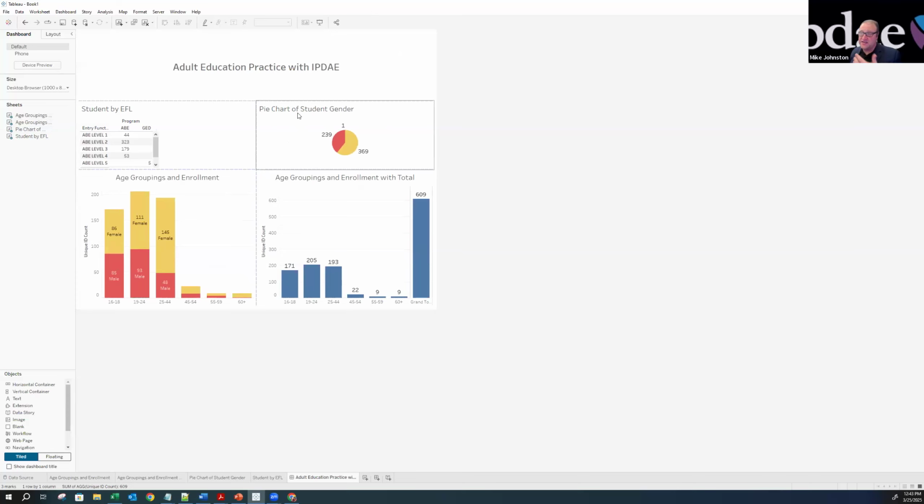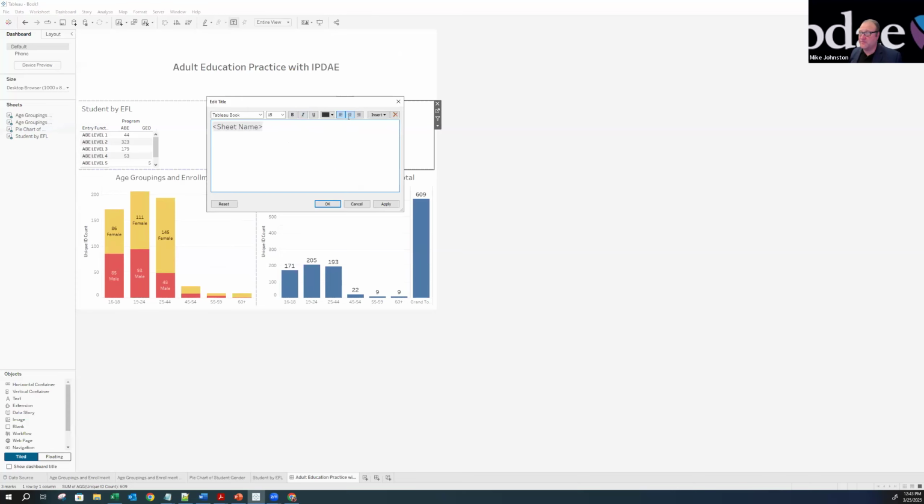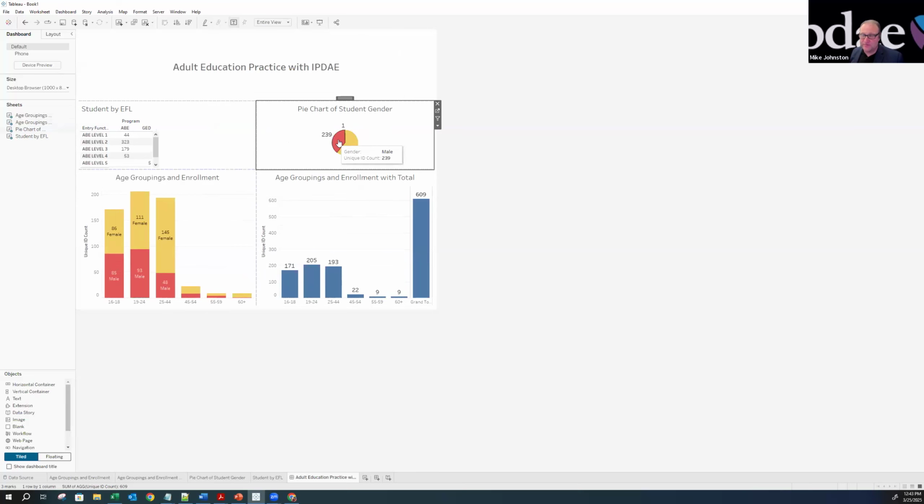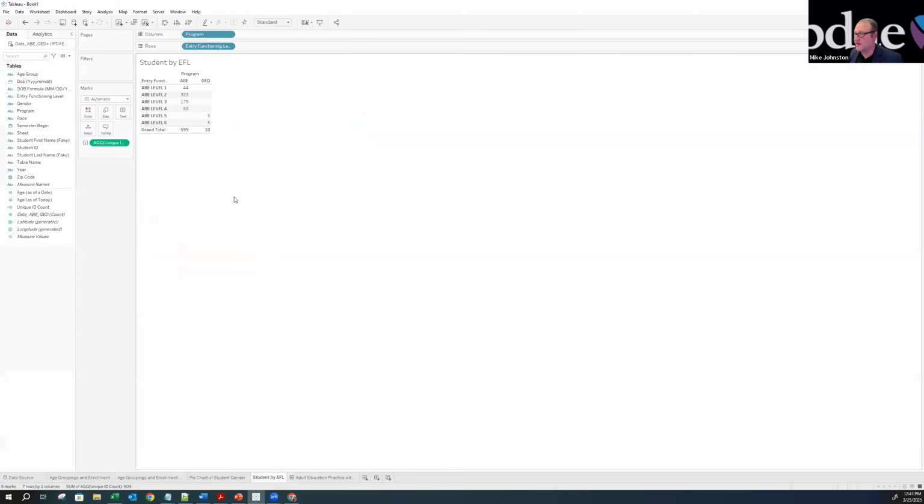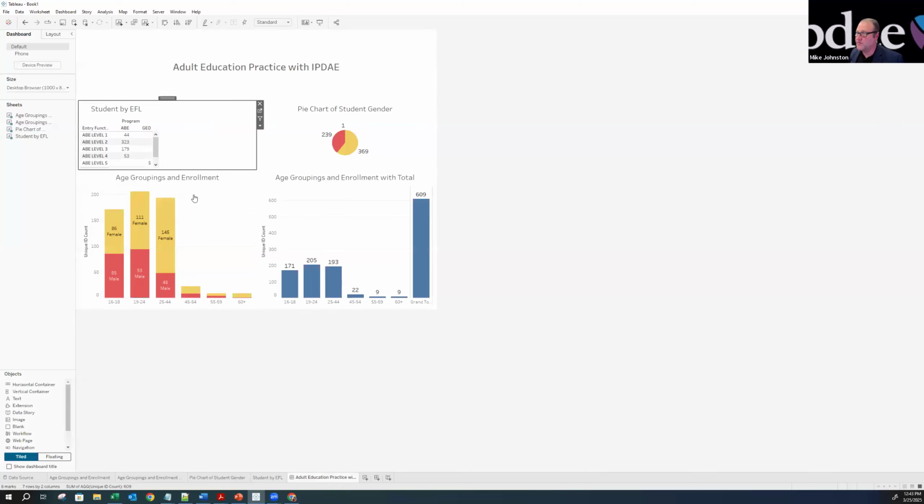I realize that I did not center this title, so I'm going to double click, and I'm just going to move this to center. Everything is very clickable, low code to no code. Again, I'm going to double click, and I'm going to hit, where am I double clicking? Okay, of course I can't open it when I'm doing it publicly. I'd probably open on a different view, but normally you double click like I did before. It works there, but it's not working here. So if it doesn't work here, I'm just going to go to my sheet and tell it to go to the center. So I had to just do a little workaround, but nothing that was impossible.